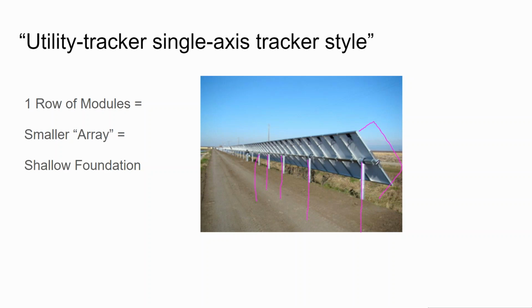And I really like this style because A, it's very easy to get underneath the array and do your dirt work. B, when it's perfectly flat, the panels are at about waist height, and so you can kind of see over the top of them, so they don't visually obstruct anything. And also, it kind of makes like a fence that lines the road or property line.